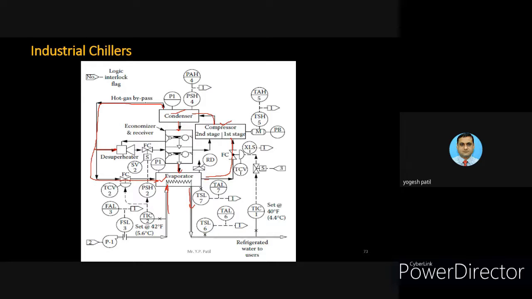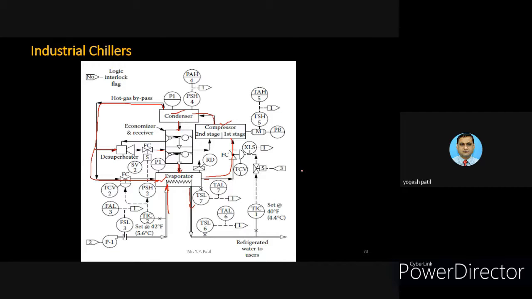So there is a hot gas bypass line. This hot gas bypass line is used in the de-superheater also, and then it enters the expansion valve, and then again it enters the evaporator. You can also see that the same bypass line is again connected to the evaporator. This is the actual line from this expansion valve, but this is the additional line provided from the hot gas bypass.